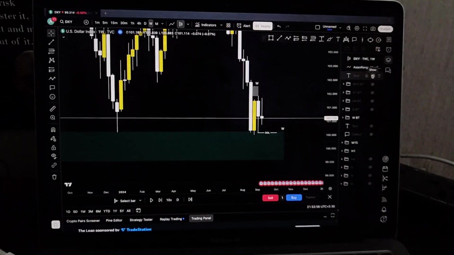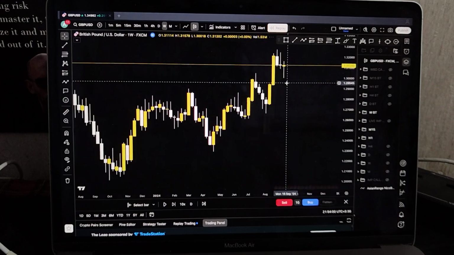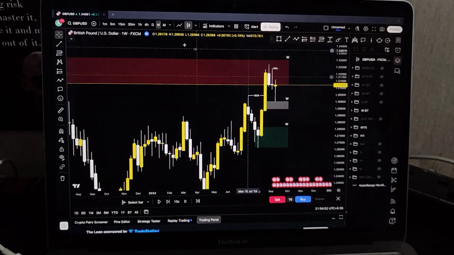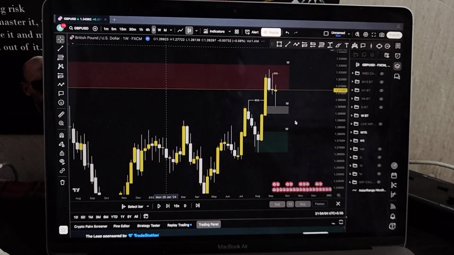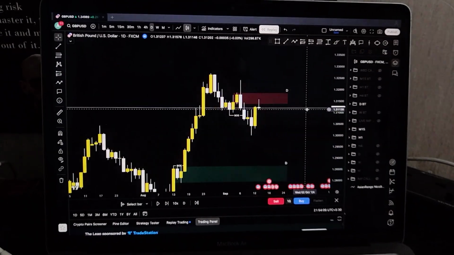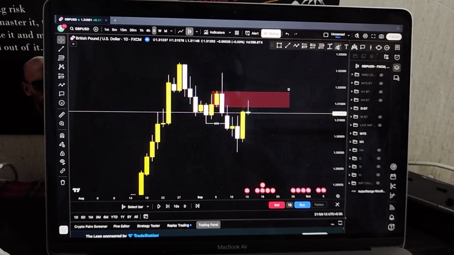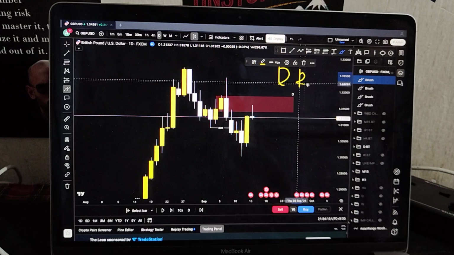I've also written it down. So that is when I go to the daily time frame to look for the bias and the trades, because we trade the daily bias. Obviously we watch the weekly bias, but trading wise I trade the daily bias, because that's where I found the most success. I trade with the daily bias.